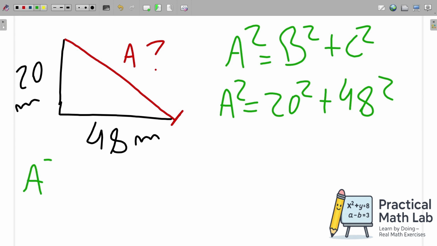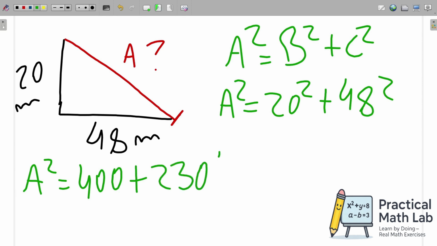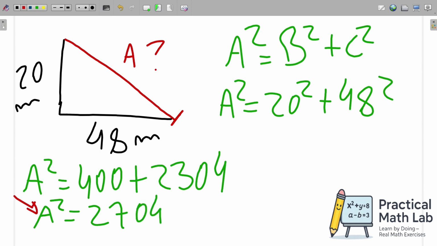Continuing, the hypotenuse squared equals 20 times 20, which is 400, plus 48 times 48, which is 2,304. Therefore, when we add them, we get a squared equals 2,704. Since it's an exponent, it goes to the other side as a root, so we have a equals the